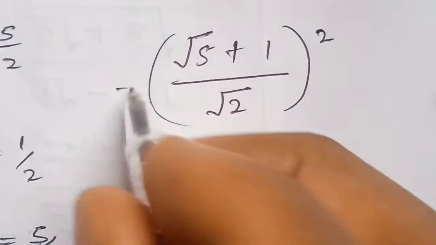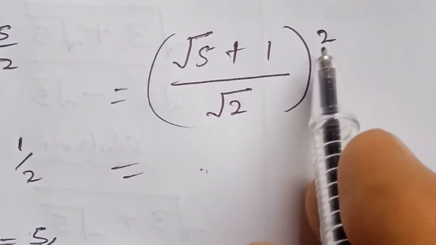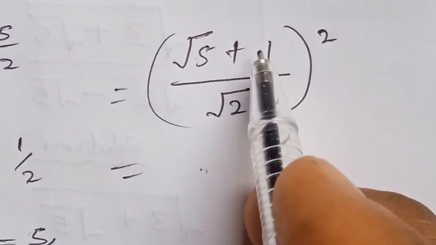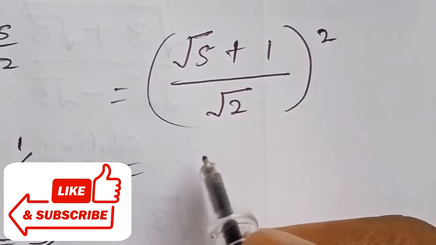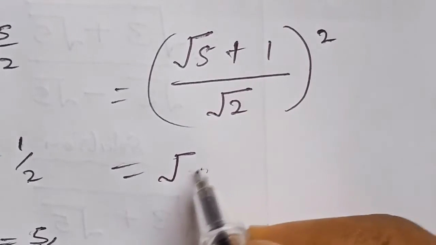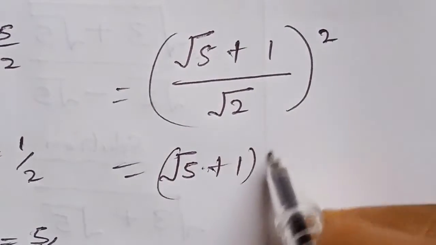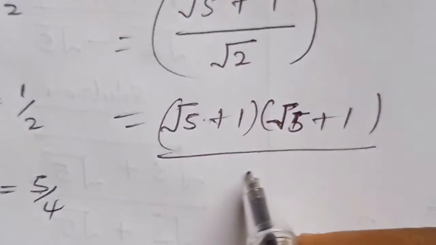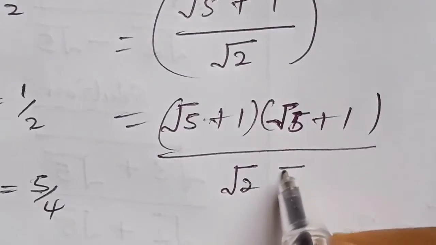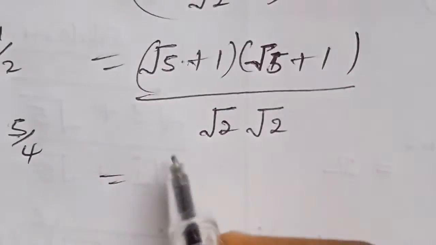So if we square this, we expand it, and we have this to be equal to square root of 5 plus 1 into bracket square root of 5 plus 1, then over this as well will give us square root of 2 and square root of 2. So this is written as this multiplied by this, we have